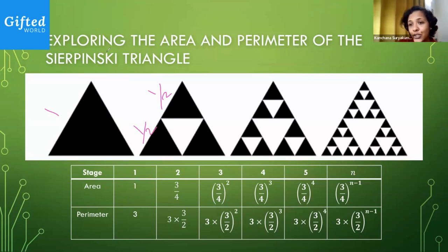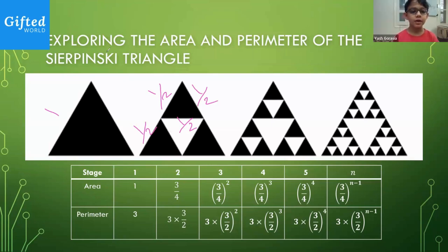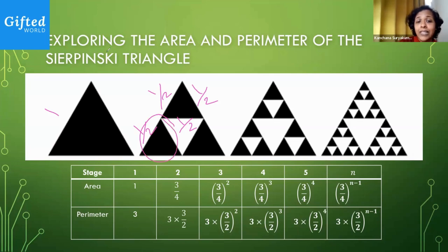Yes. If I just take this triangle at the top, each of the sides is half. So just for the triangle at the top, what is the perimeter? Could you tell me? The perimeter would be 3 times half. Half multiplied by 3. Very good. So you can think of it as 1.5 or 3 by 2. Correct? And then you have the same thing 3 times. You have to do this for these two triangles as well. So it's 3 times 1.5, or 3 times 3 by 2, which is what I've written out here. Can you see that?